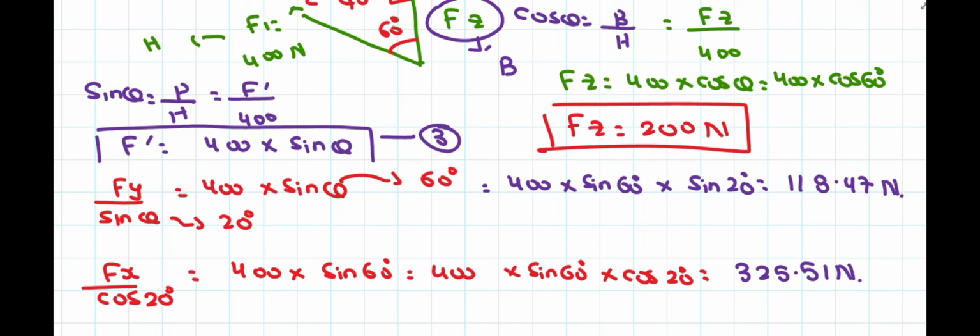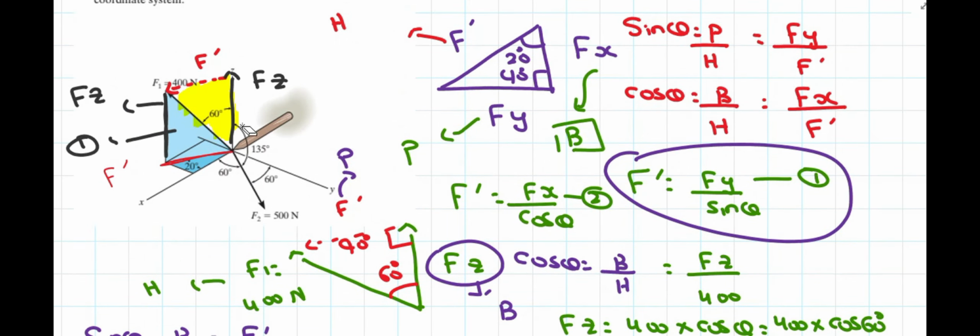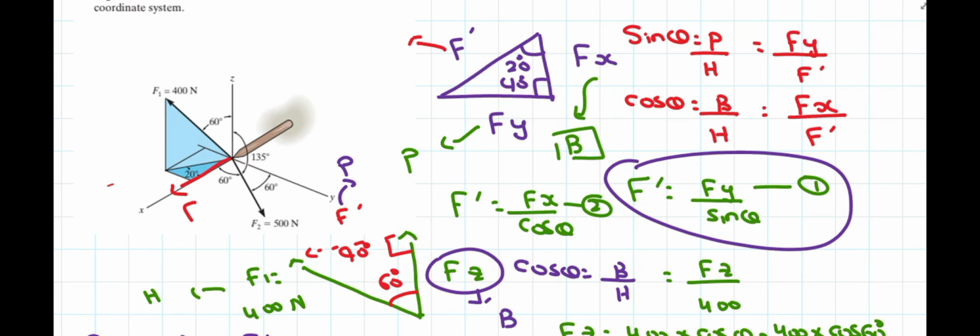But what about the Cartesian form or the vectorial form of F1? So if you see the question diagram, I drew some extra things. This is the direction of Fx, and it is outward from the screen. That's why it is positive. Similarly, this length right here is the direction of Fy, and it is pointing towards the left-hand side, so that's why it is negative. And lastly, this is the value of Fz, and it is acting vertically upward, so it is also positive. So only the Fy component is negative here.